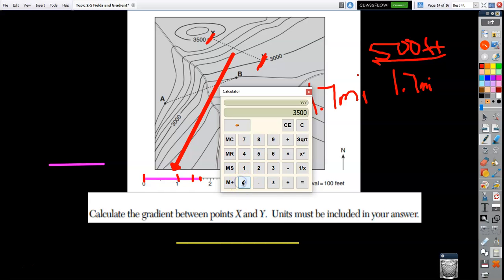3,500. Oops, sorry. Whoa. 500. That's the difference. Divided by 1.7 gives me 294. Now, it didn't say in here, but it probably would say go to the nearest tenth. Most things in earth science, you go to the tenth place. So I've got